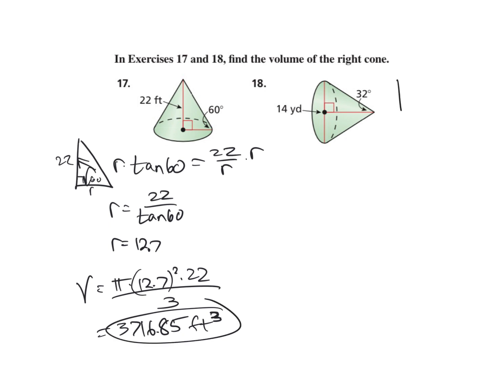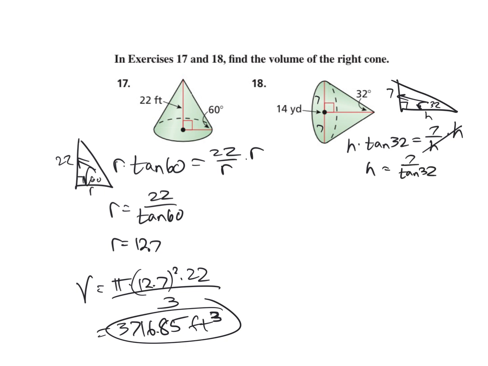18, again, let's take a look at this triangle. This is 32, and this is 7 here for the radius. All right, so we need the height. So what do you got? The opposite leg and the adjacent leg. So again, tangent of 32 equals the opposite leg over the adjacent leg, multiplied by h to get out of the denominator, and 7 divided by the tangent of 32 should give me the height. So 7 divided by the tangent of 32 gives me